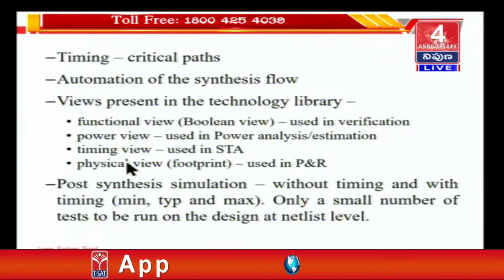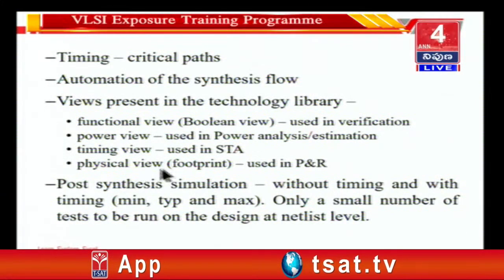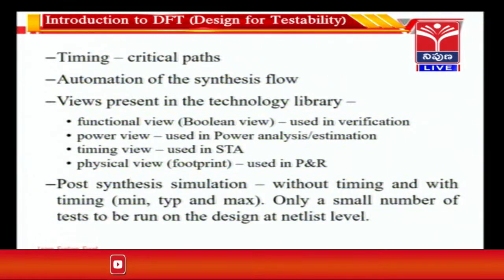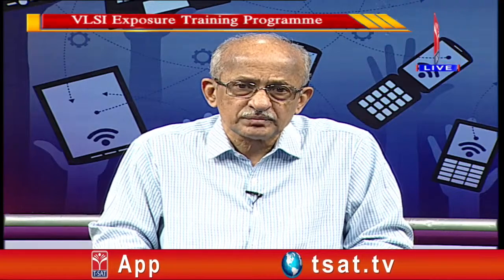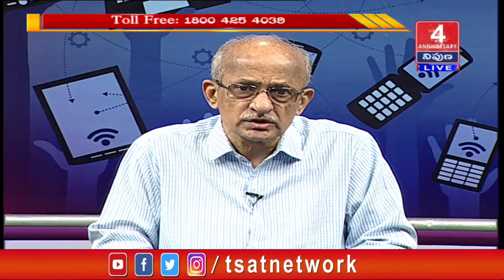Then the fourth view is the physical view, which is basically the footprint or the geometry of that particular cell. Is it a 5 micron by 1.8 micron cell, or a 2 micron by 2 micron cell? What is the height of that cell, what is the width of the cell, where are the pins located for that cell, where is the D input, what is the dimension from the top left, where is the power supply rail? All this information will be available in the physical view, which is primarily used in the place